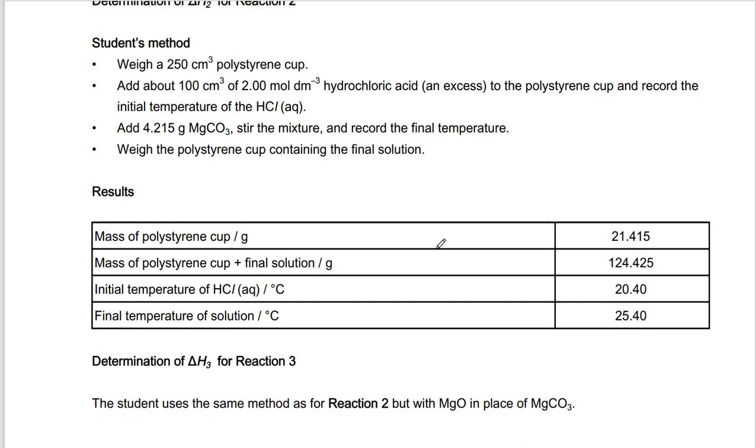I am going to quickly run through this. I'm not going to spend much time on it because there's another video on it, but we'll just run through how to calculate it. So it's Q equals mc delta T. The mass is going to be the mass of the final solution. In this table, we have the mass of the final solution with the polystyrene cup, and without, so we simply take the difference: 124.425 minus 21.415, the weight of the polystyrene cup, and the mass, therefore, is